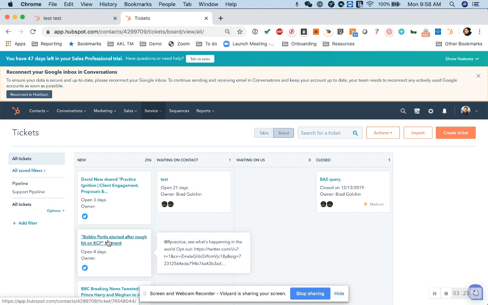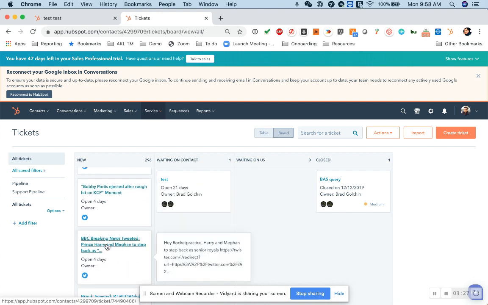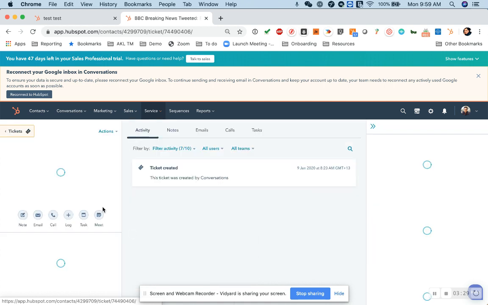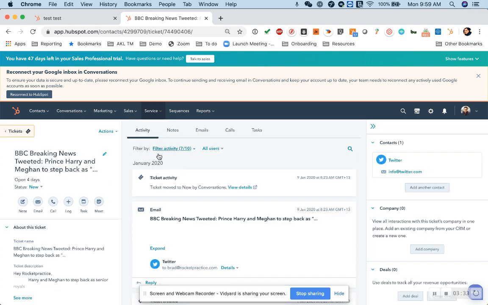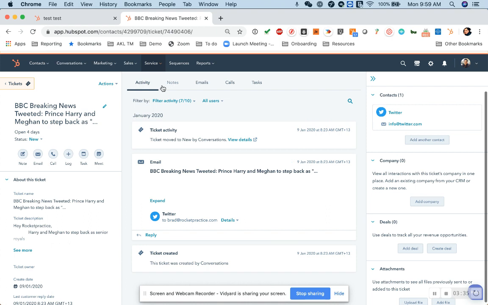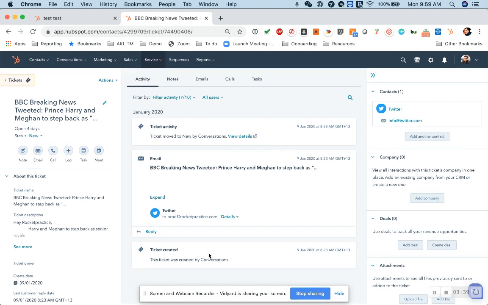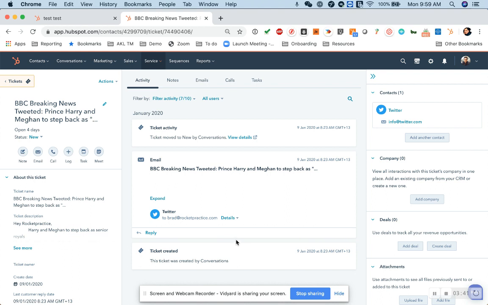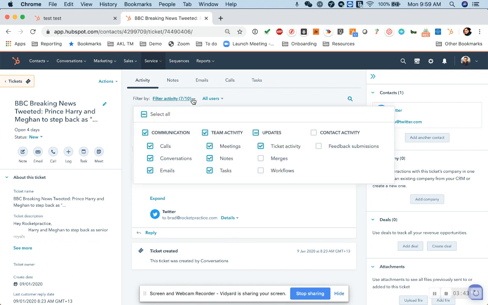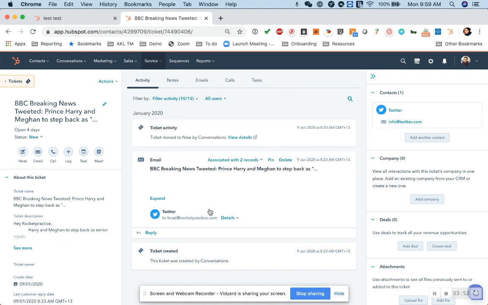So in this case, we've got, say, breaking news: Prince Harry and Meghan to step back as senior royals. We'll just click into it. And if we want this to be actioned in any way, we can see what the activity has been so far and how the ticket was created. Again, we can filter the activity. We can see what sort of activities we want to view. So let's also select workflows and feedback submissions, so that it lists out all the activities that have happened within